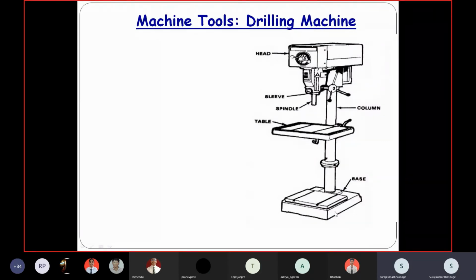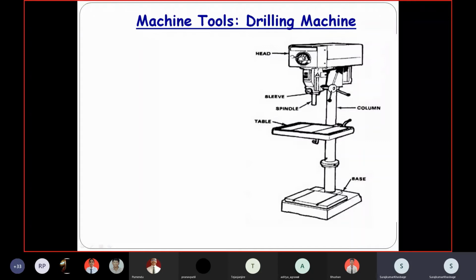It has one base, one column, then one table, one head. Within that head there is a drive mechanism, motor, and belt drive, or the gears are provided within the head, and one of the shafts from this head is attached to the spindle of the drilling machine.